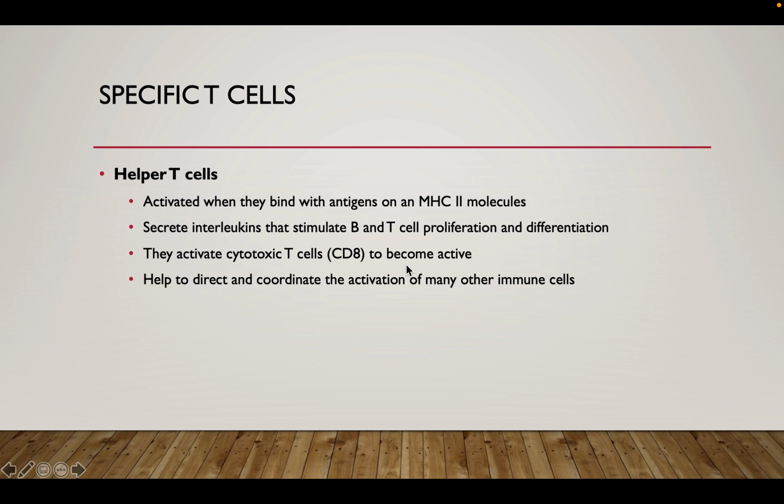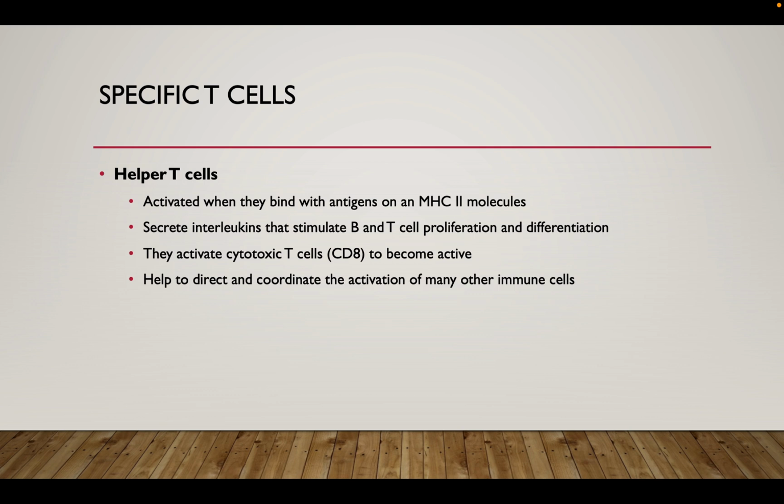So we'll talk a little bit about the specific types of T cells. So we have our helper T cells. Remember, these contain CD4 molecules. They'll interact always with MHC2 molecules, because 2 times 4 is going to equal 8. They can secrete interleukins, and there are different types of interleukins, but what these do is these stimulate different cells to proliferate and differentiate. The helper T cells will be those that stimulate our cytotoxic T cells to actually divide and become active. And they'll also coordinate activities between different types of cells. So they're kind of an intermediary between some of the B cell and the humoral immunity and some T cells